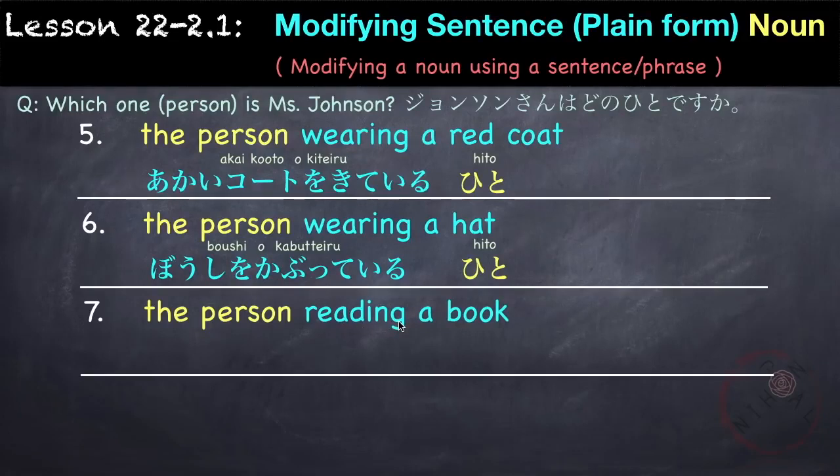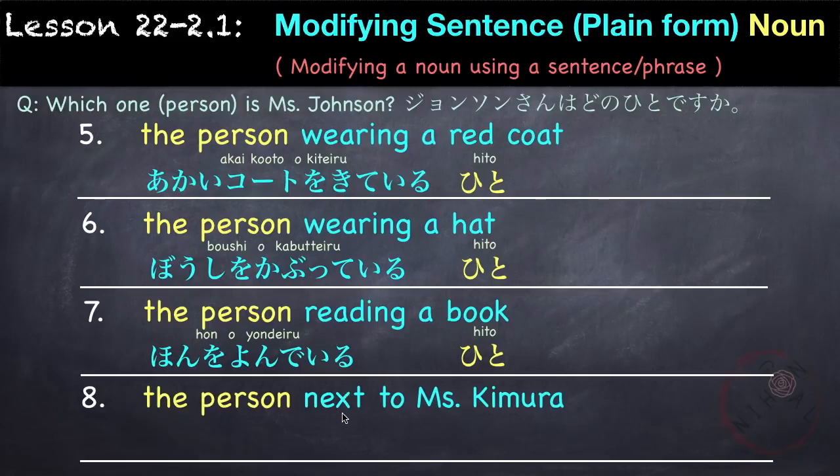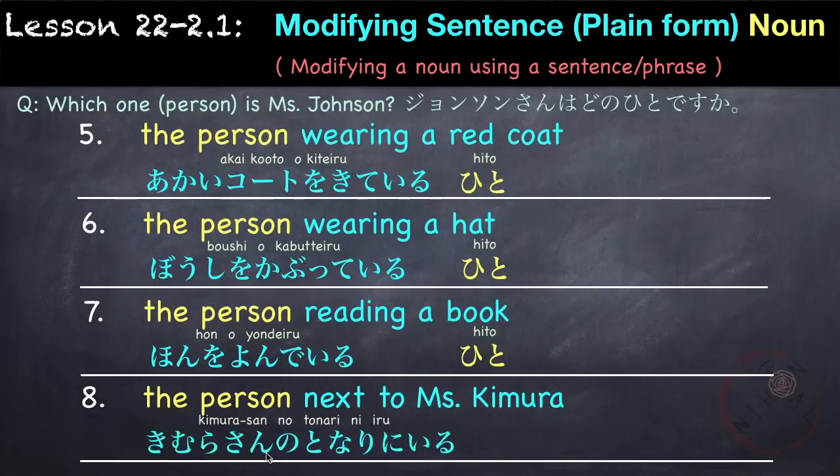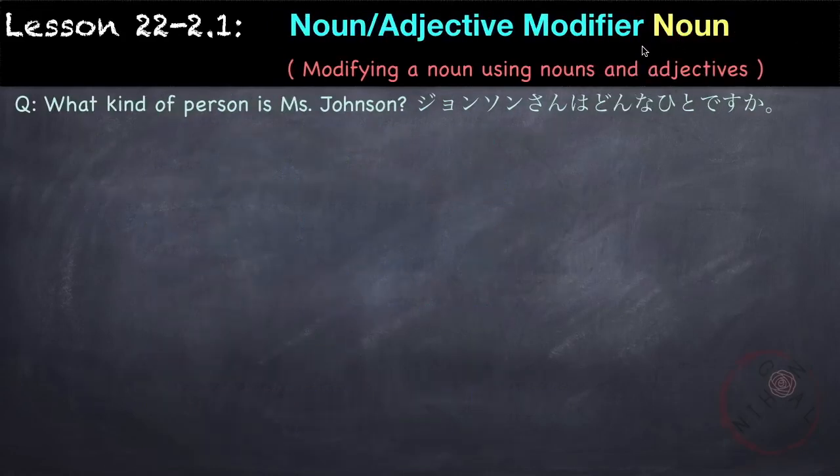Reading a book is 本を読んでいる人。The person next to Miss Kimura. So our modifying sentence is next to Miss Kimura, which is 木村さんの隣にいる人。